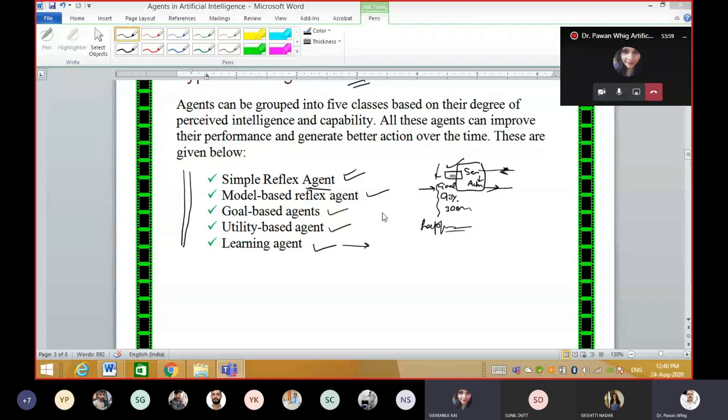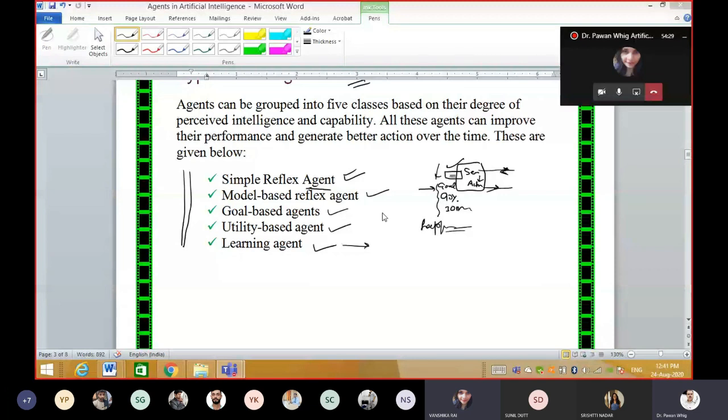But there are no predefined steps that you have to follow. There are no standardized steps in a simple reflex agent. But in a model based agent, there is a standardized model. What does it mean? If there is dirt, then first of all it analyzes how much dirt there is. There is a model. Before cleaning, it goes through the model and then it starts working.